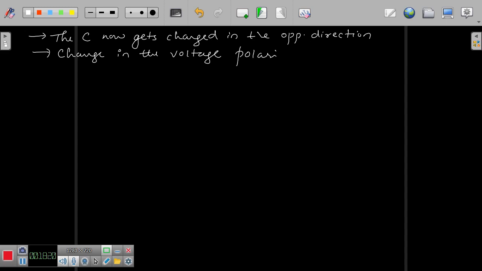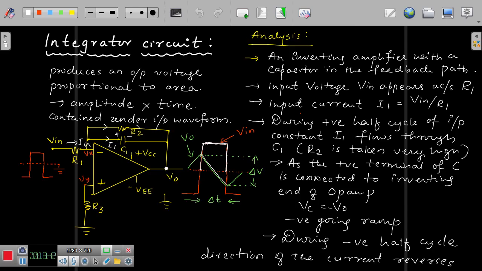You have the change in the voltage polarity. So what exactly is going to be produced now? A positive going ramp is produced. A positive going ramp is going to be produced. I will go back here. So now during this point, when you have come here, now you are going here, your output now is going in the positive direction. Of course it will continue to go like this as long as this input signal is a continuous signal.